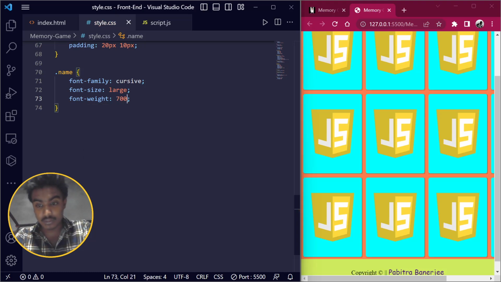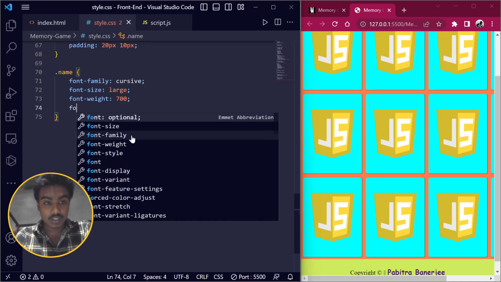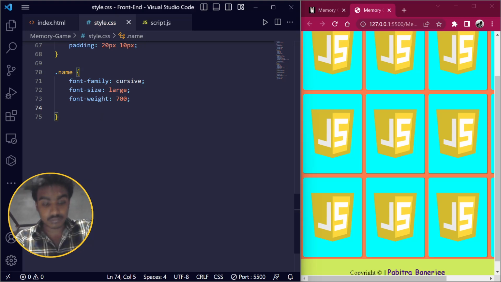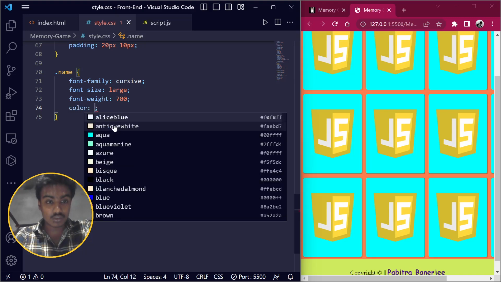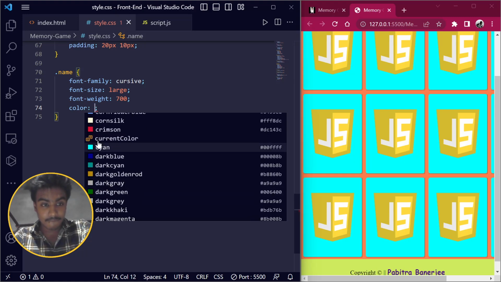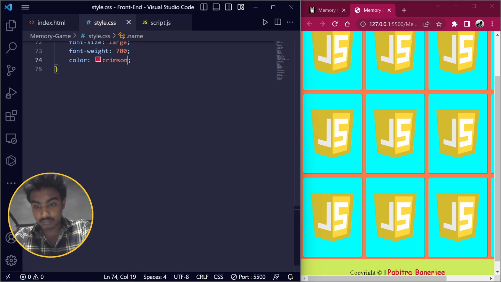Now I want to give it a color. Color should be, I want this crimson one,